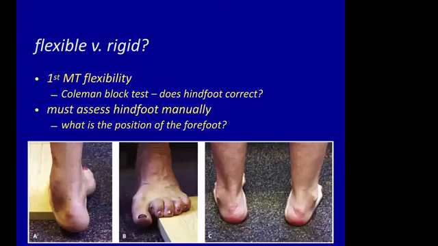And I remember from my undergraduate, they used to tell us you need to do the Coleman block test to determine whether or not the deformity is forefoot driven or hindfoot driven. And the people who are proponents of it say that, look here, if the hindfoot corrects with a Coleman block test, then you know that the deformity is forefoot driven, and all you may need to do is an elevation osteotomy of the first metatarsal, probably peroneus longus to brevis,